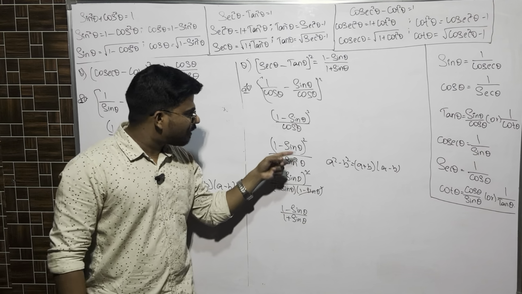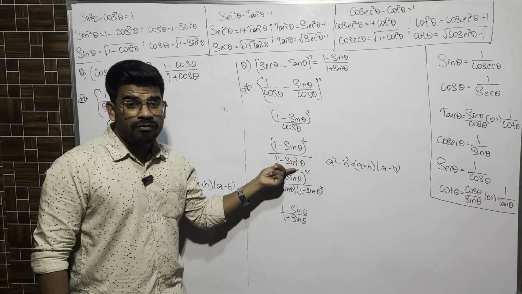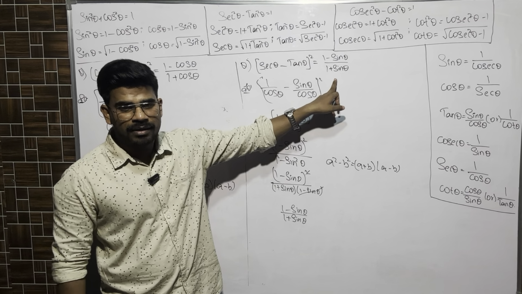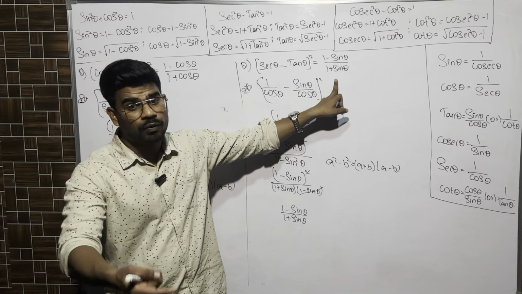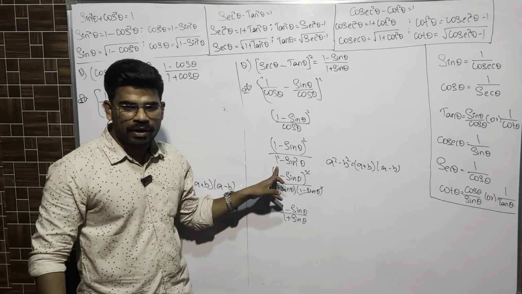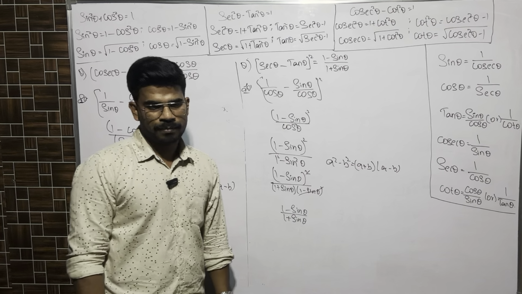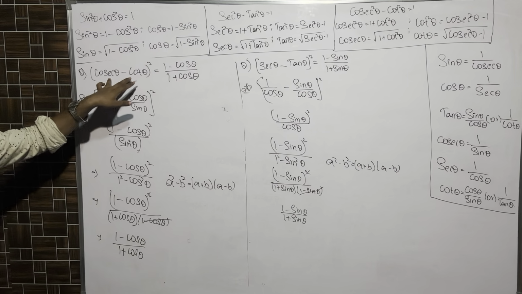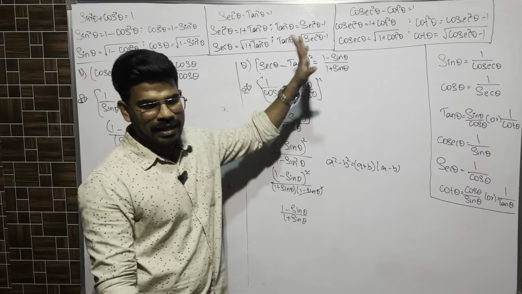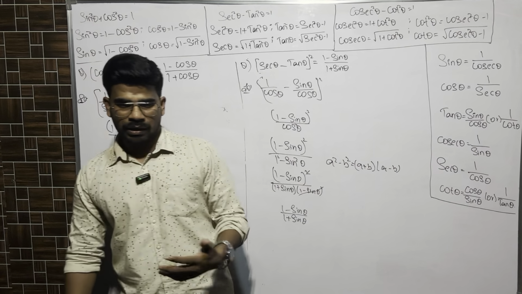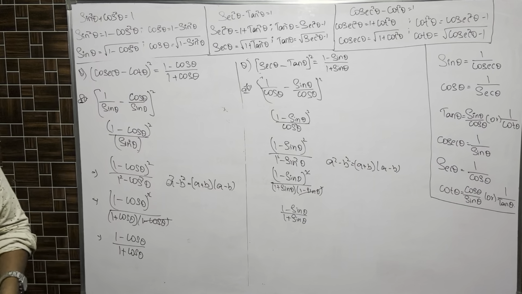Now in the denominator, after converting cos square, I got 1 minus sine, but I should get 1 plus sine. So I should convert 1 minus sine to 1 plus sine. That's why I have taken the square, and a minus b into a plus b, a square minus b square. Yes. Similar set of questions: cosecant, cot, cos; secant, tan, sine. The two questions we solved before were also in the same form. Copy this down, we'll solve more problems.